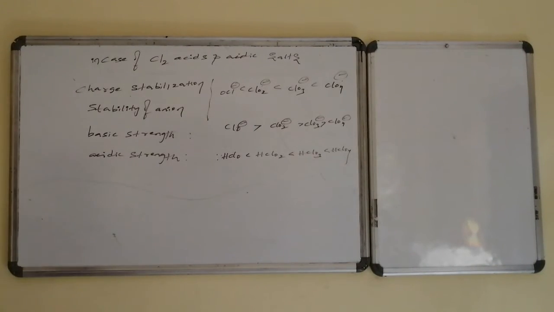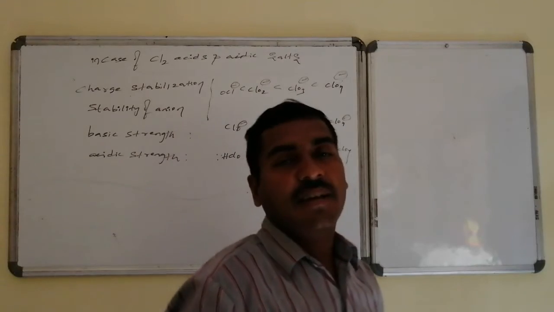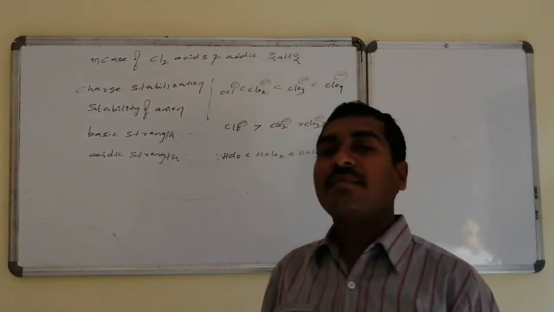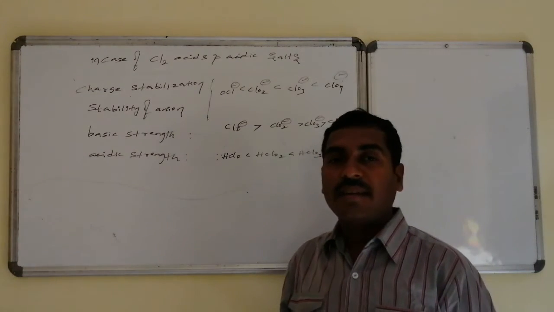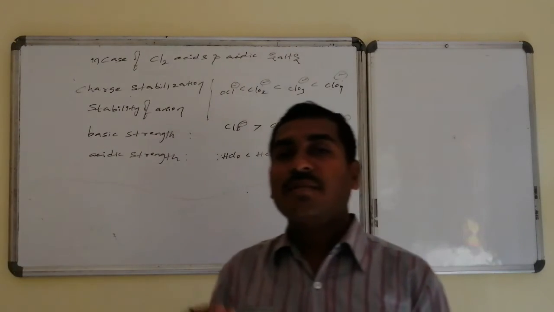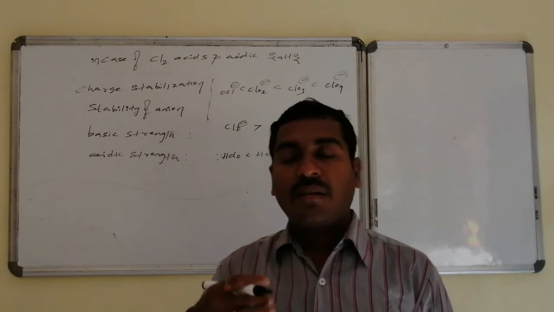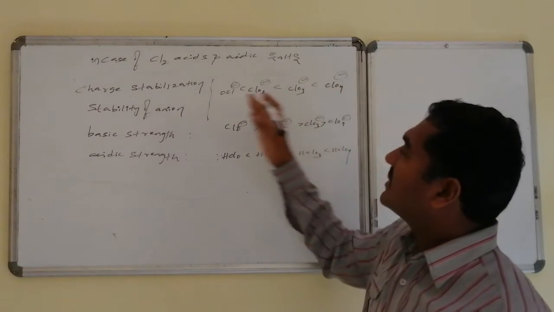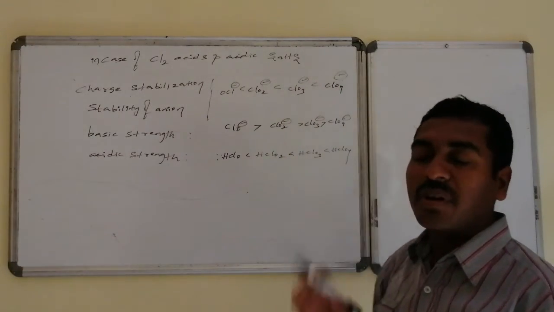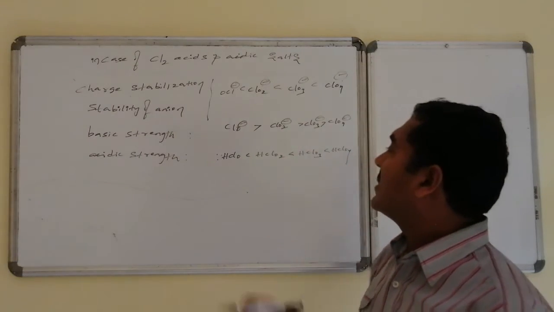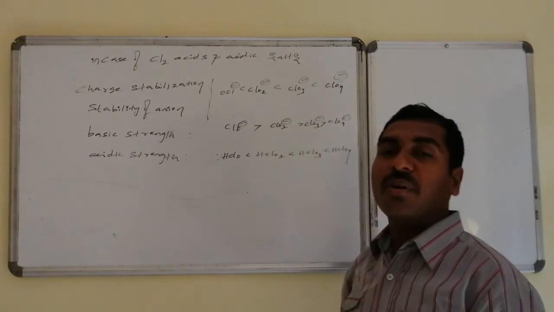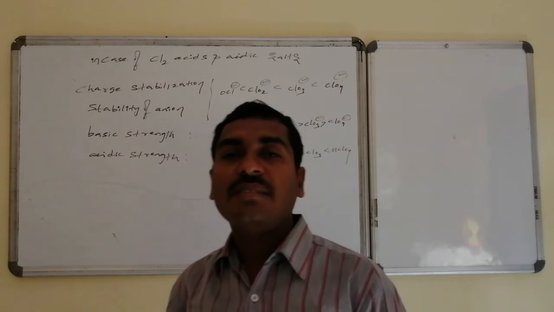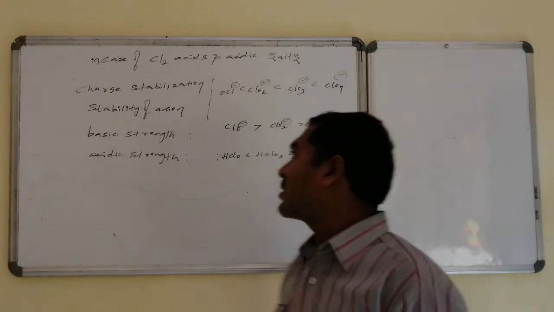The important oxo acids are the chlorine-related oxo acids and their corresponding salts. Consider the trend in charge stabilization of the different anions: hypochlorite, chlorite, chlorate, and perchlorate. Here the charge stabilization increases because resonance energy increases, as more resonance structures are possible. Similarly, the stability of the anion maintains the same order, because the more resonance structures, the more the resonance energy and the more the stability.